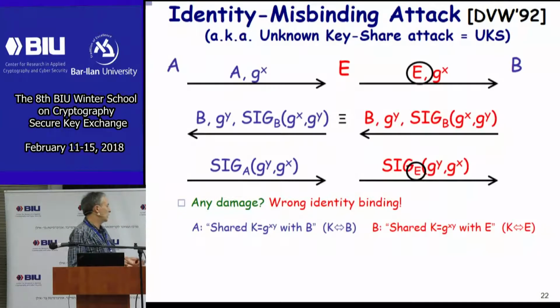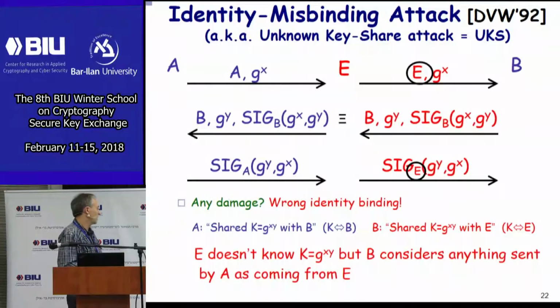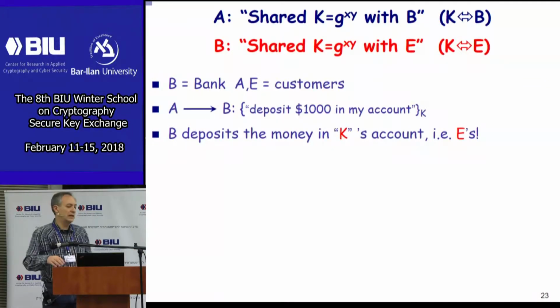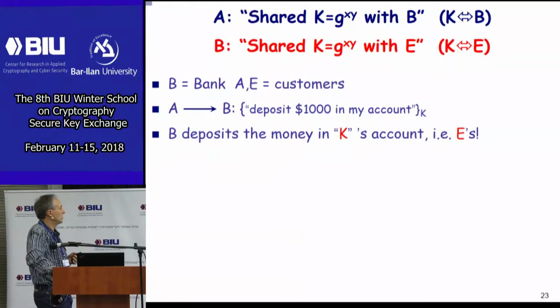consistency issue in which Alice thinks that she exchanged the key K with Bob, and Bob thinks that he exchanged the key with Alice. So let's see an example of something that can go wrong. Alice has this idea: I share the key K with Bob, and Bob shared key K with Eve.